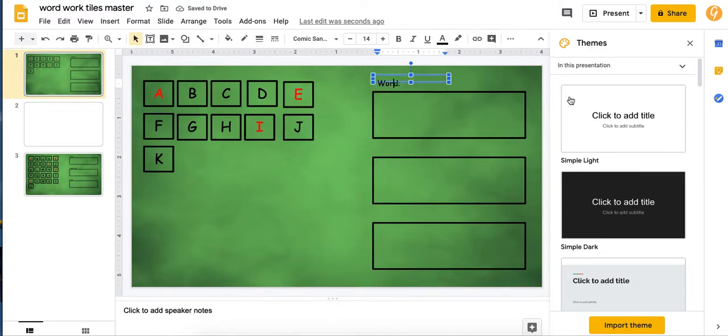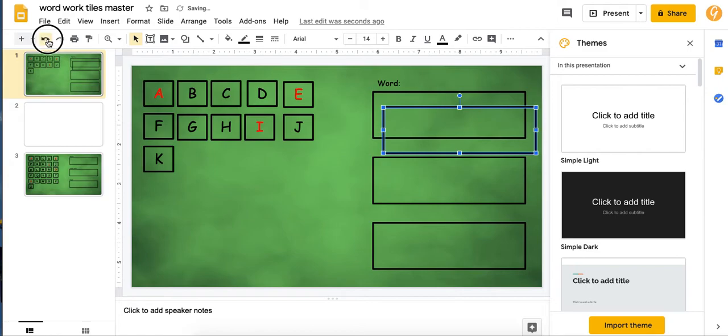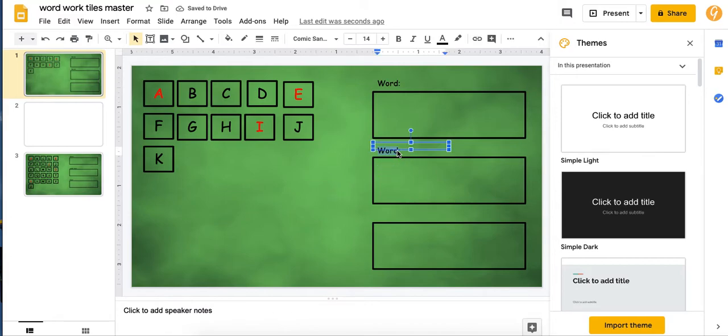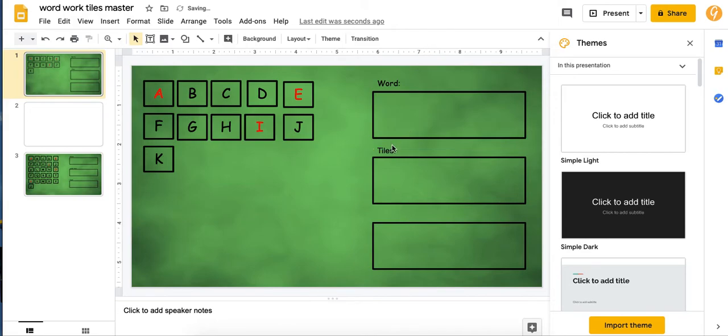And then once I get it the way I like it, I'm going to hit Copy or Command C, and I'm going to paste. Whoops. Sometimes it does that. Command C, Command V. And then I can take the one that it pasted and I can put it here. Then I get the same exact wording, same size, everything. And then I can change the words to say "tiles." And then the last one, Command V, bring it down here to the bottom one,